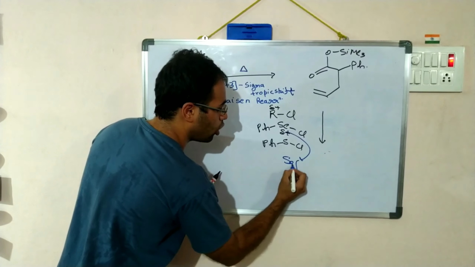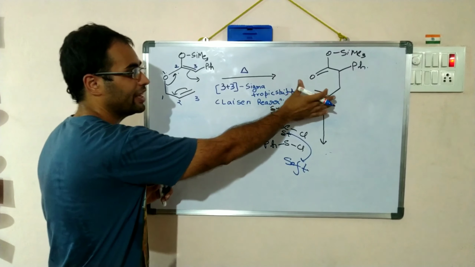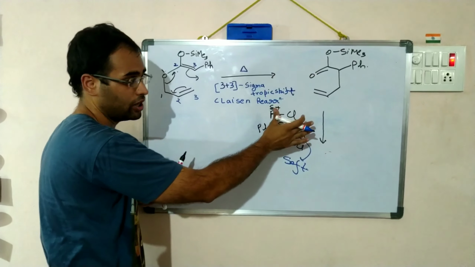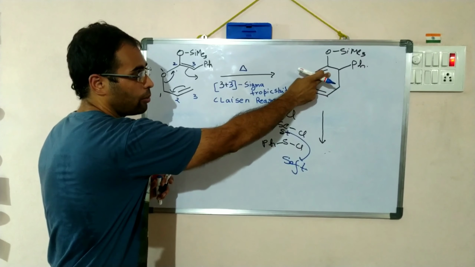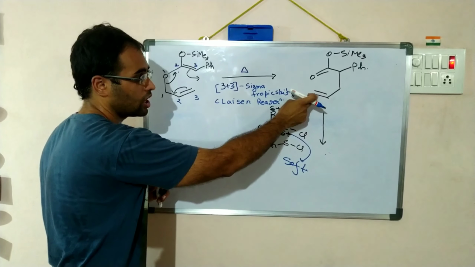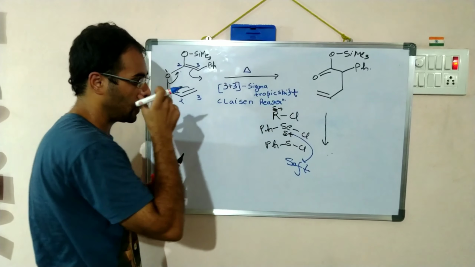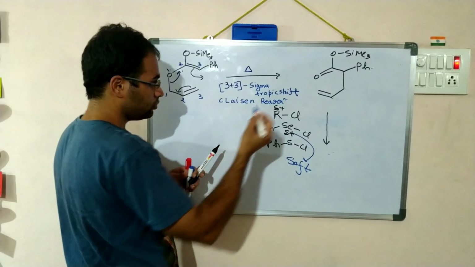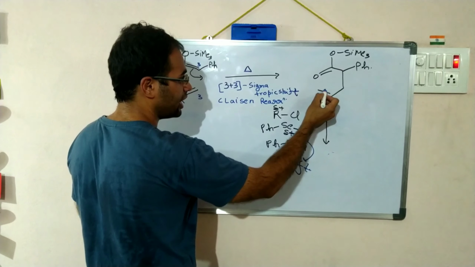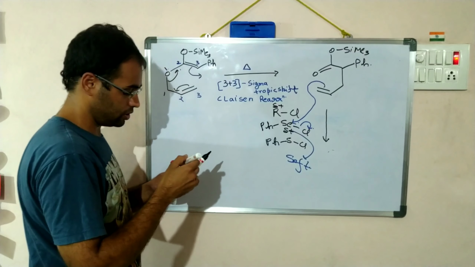Fine, it is a soft center. Now this soft center looks for a soft nucleophilic center in the substrate. We all know a carbon oxygen or oxygen is a hard center. So this one, carbon joined with a double bond, is a soft center. So now this double bond shifts like this, attacks on selenium, and chloride is displaced.